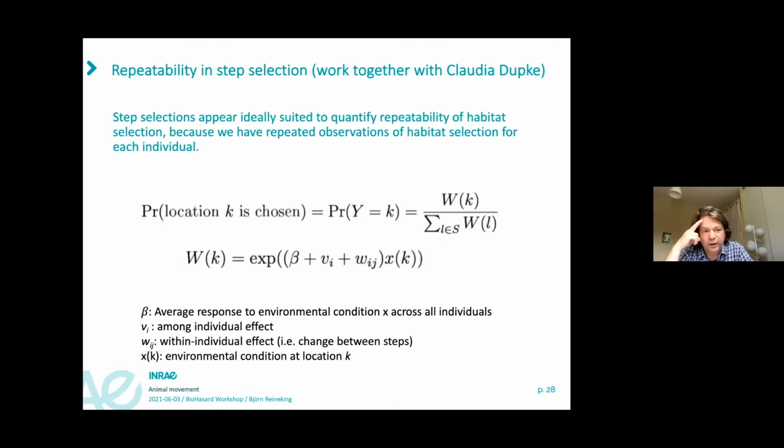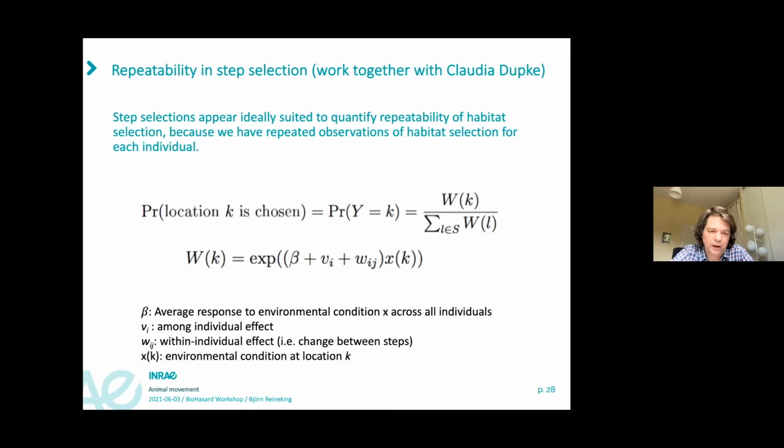And we felt that step selection should be very well suited to quantify repeatability, because we observe several times that an animal selects something, because at each step it potentially could have gone rather into the forest or an open habitat, say. So we fitted this type of model where the probability of choosing a certain location depends on a weight W of that location. Here we formulated this weight, again, as an exponential function of the environmental conditions X at that location. And instead of only using a beta, the average response to these environmental conditions,